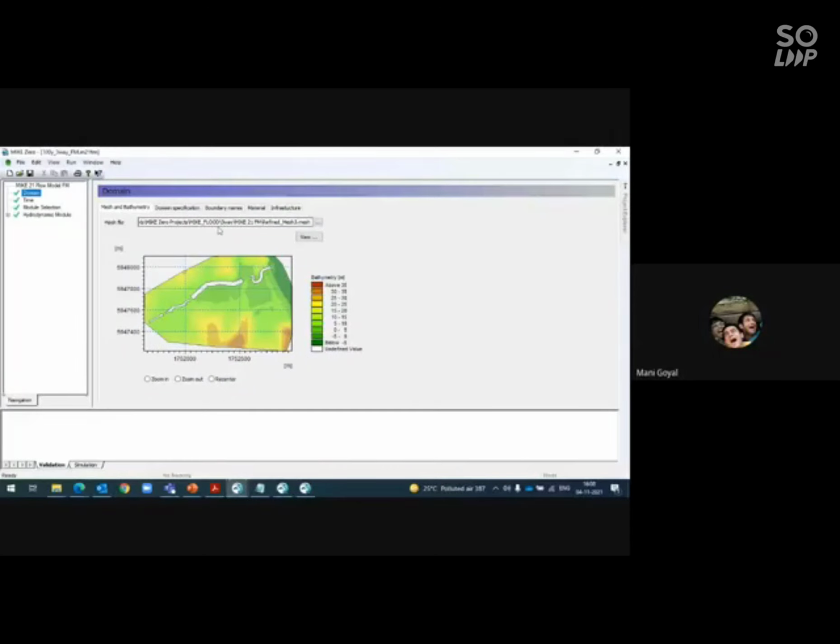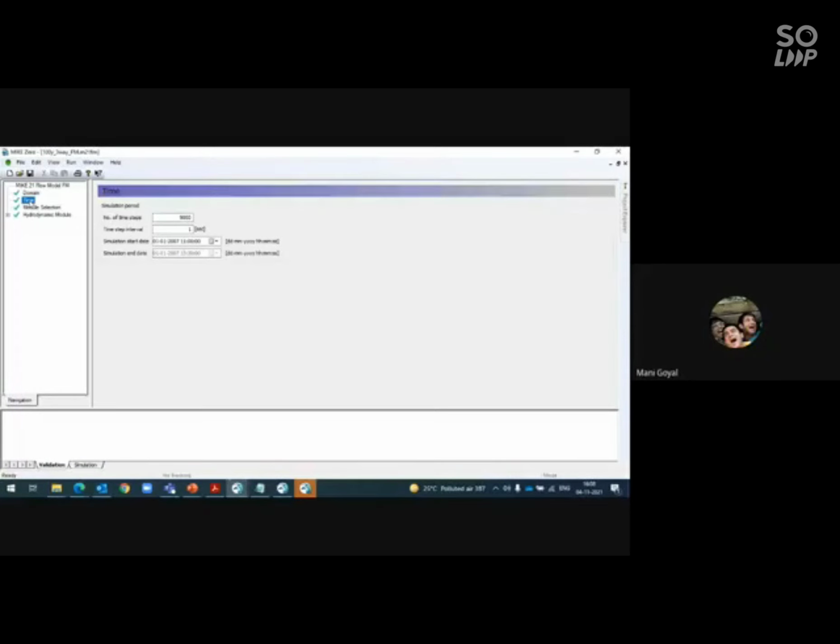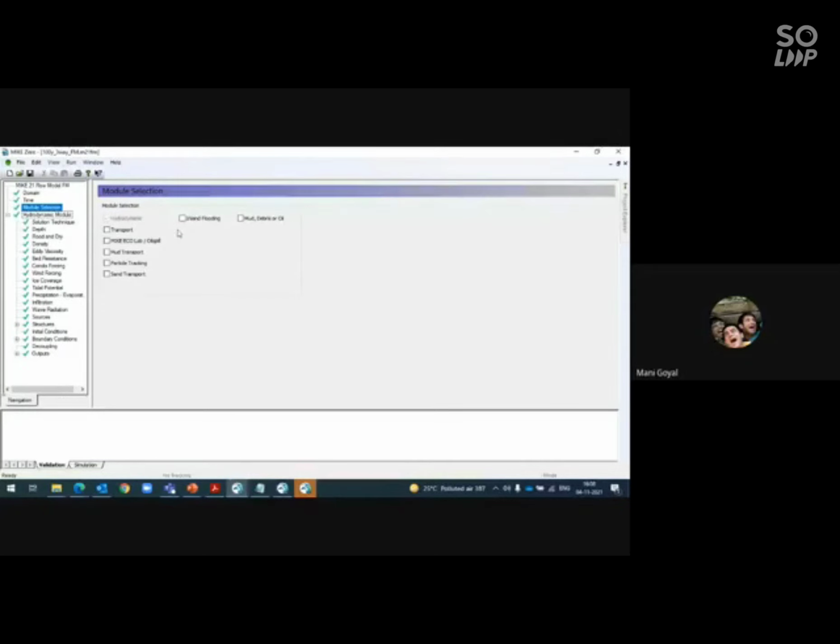So this is the major input. Whatever you have provided while creating this mesh in .mdf, you can export it into DFS2 or .mesh. It will reflect here. Then again, for how much time period you want to run the model, and this is your model selection. In case of FM flexible mesh, you don't need to check this inlet flooding. If you are going for just a simple grid, you need to tick this point, inlet flooding. Again, there are various other options available, sand transport, mud transport and all.